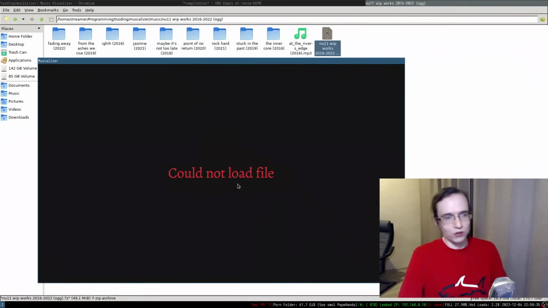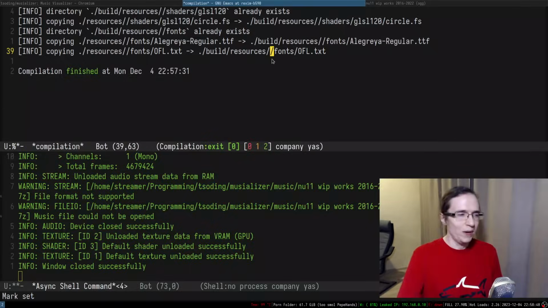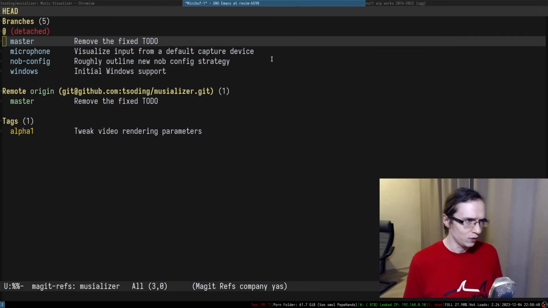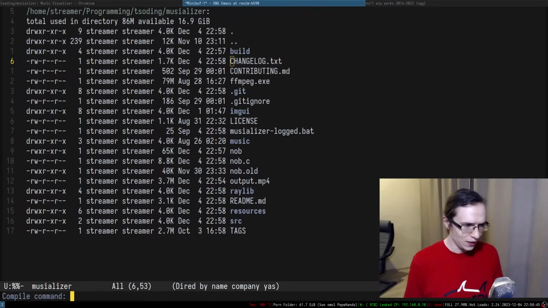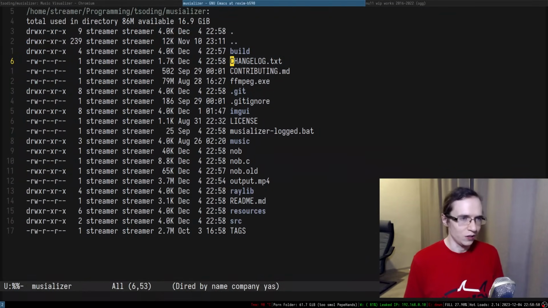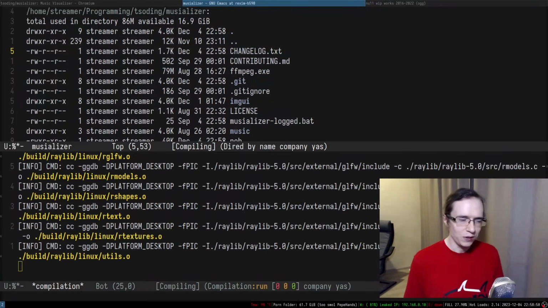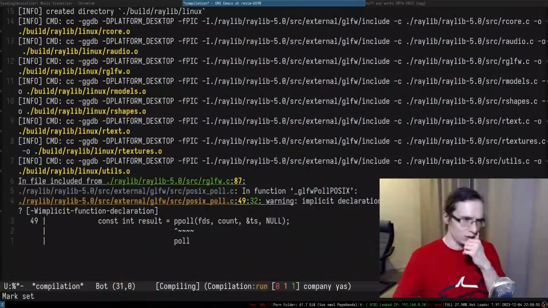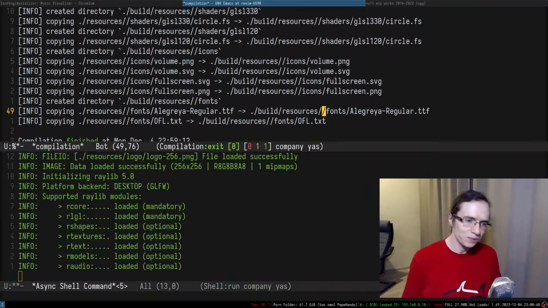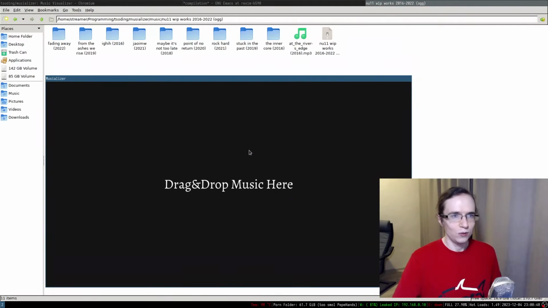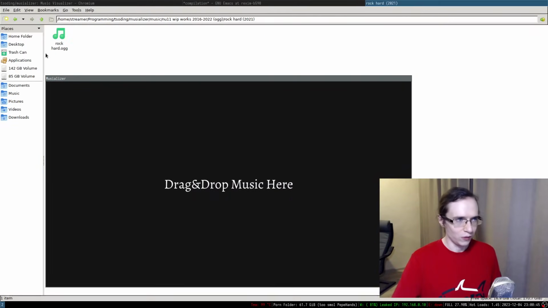So the idea was, let's actually switch back to several files, to the latest version. So let's go ahead and do that. Let's actually rebuild. Oh yeah, this is a funny one, I just need to remove the folder and start from scratch. But if I start from scratch, I'll have to rebuild Raylib, but it's not that big of a deal. And if we take a look at how it works now,